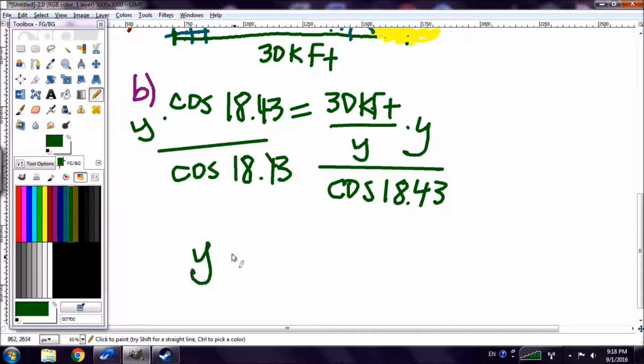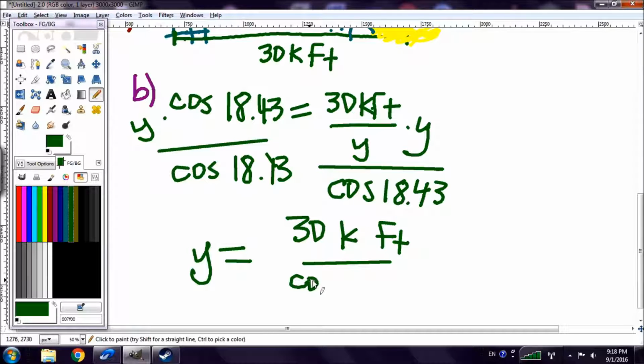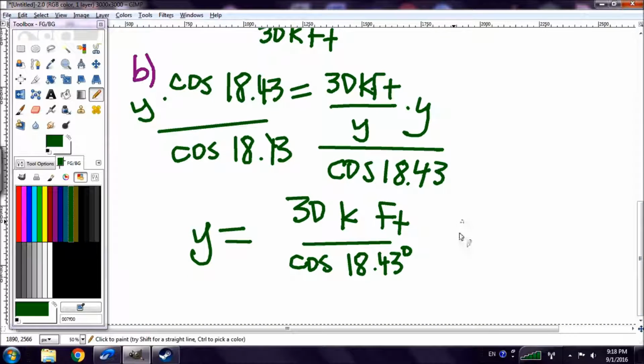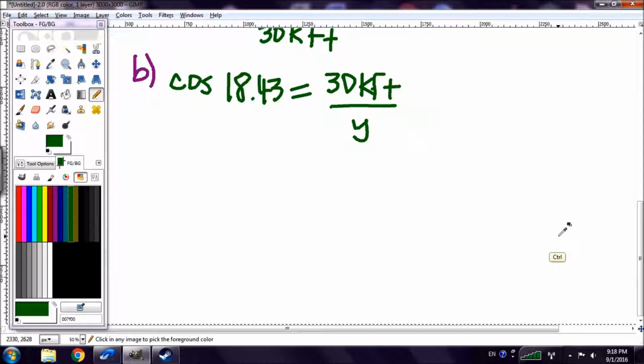which would leave you y equals 30,000 feet divided by cosine 18.43 degrees, and you would get the same result of 31,622.78 feet. The last method you could do is the Pythagorean theorem,